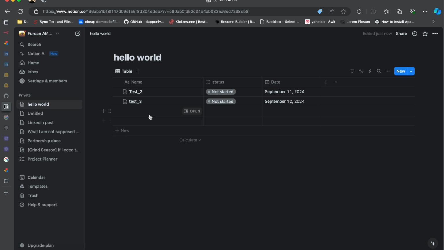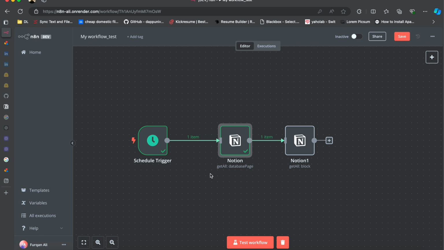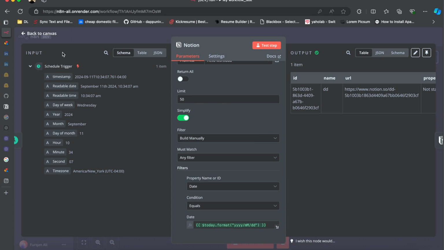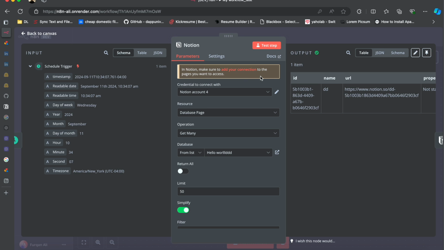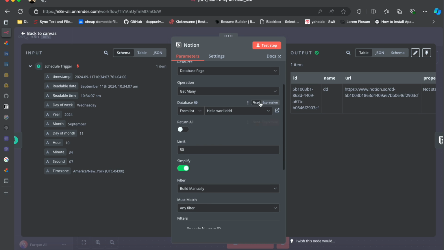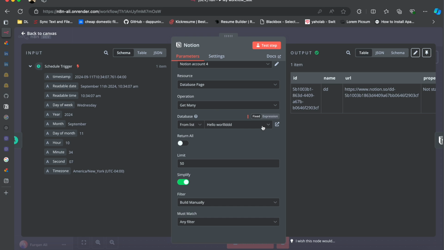So everything is normal. I just removed the tag because that was the additional column that was not needed. I removed the tag column, and now we have only 3 columns. So let's go back to the dev, and now we need to go back to the second node again. We need to reconfigure this node, and we don't need to touch anything. Just click this refresh list, the database, click refresh list, and it will give you